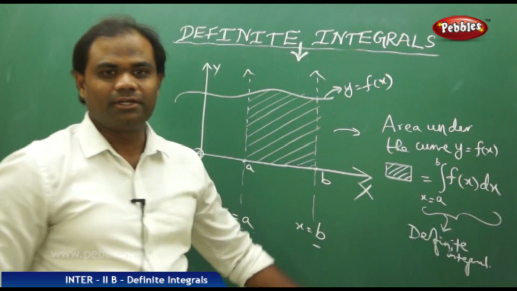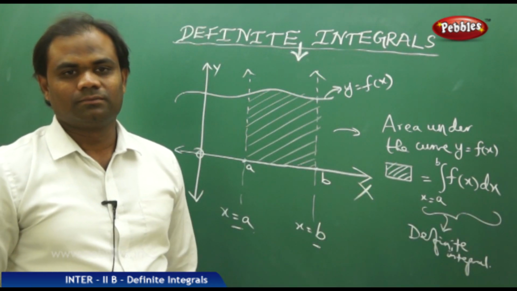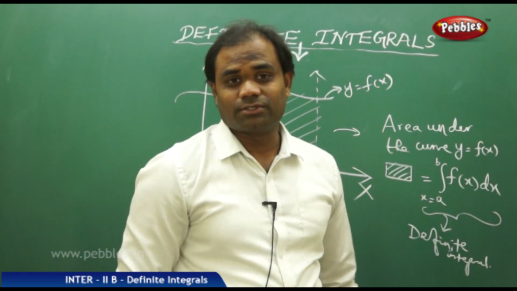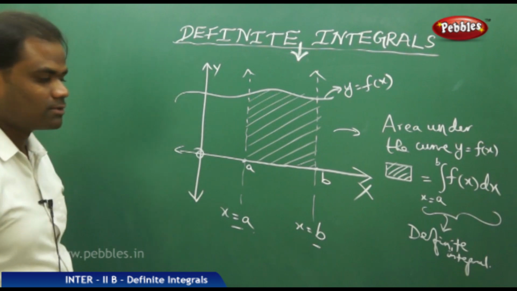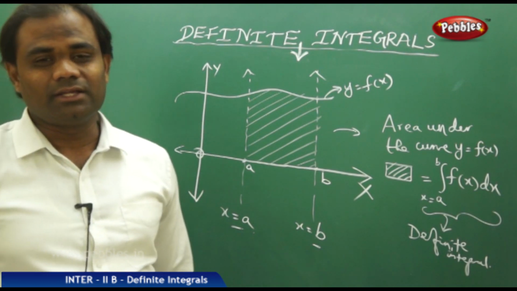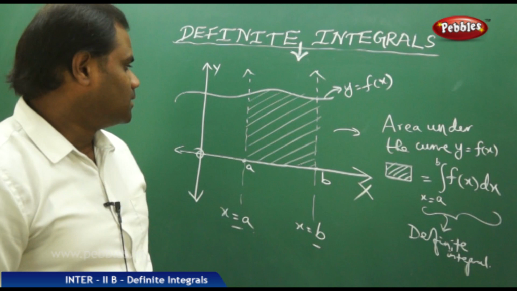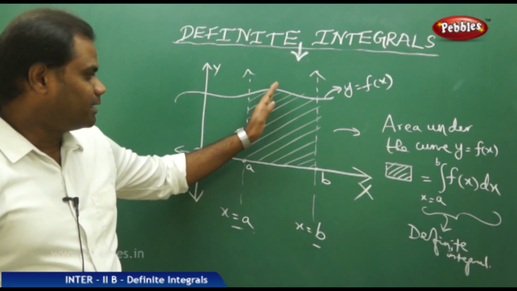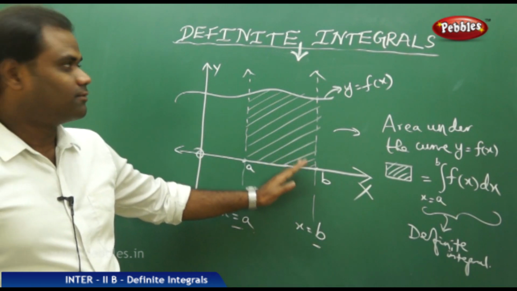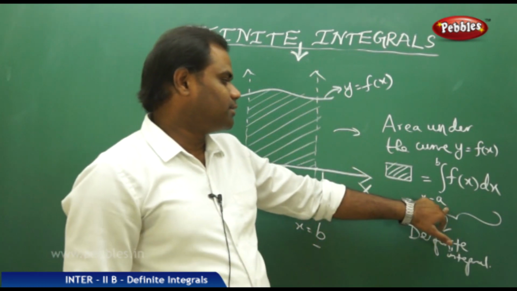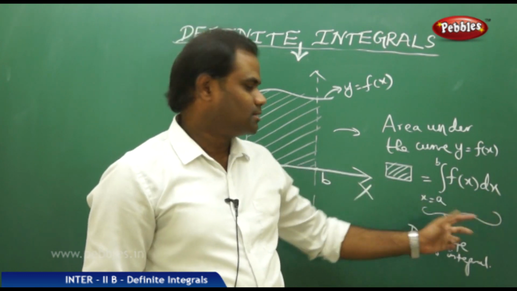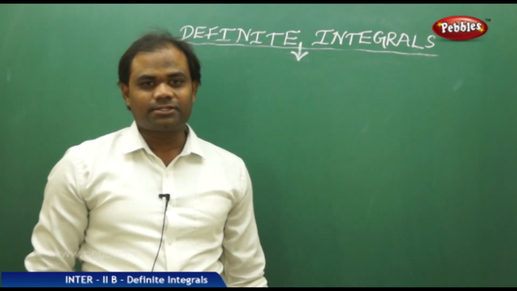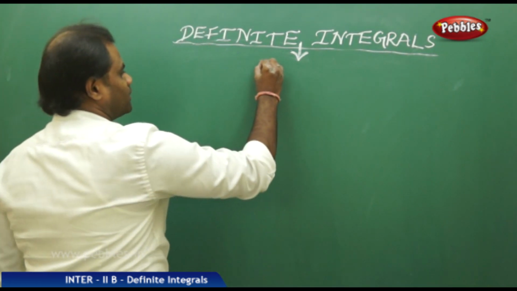Because this integration gives a definite value, the definite integral does not have the constant of integration c, because it is definite without any unknown constant c. This is how the definite integral originated from finding the area under the curve. So the definite integral is the integral a to b of f of x dx, where a is called the lower limit and b is called the upper limit. Now let's see the notation for the definite integral,